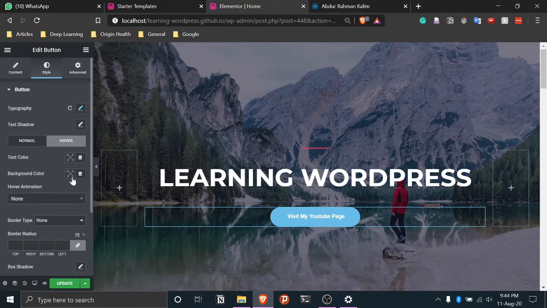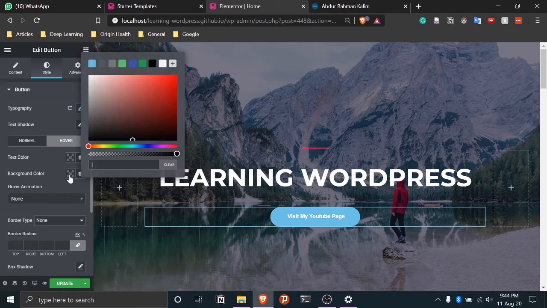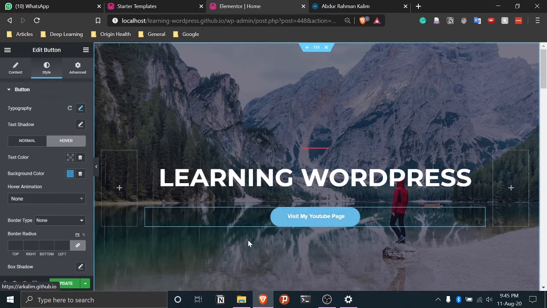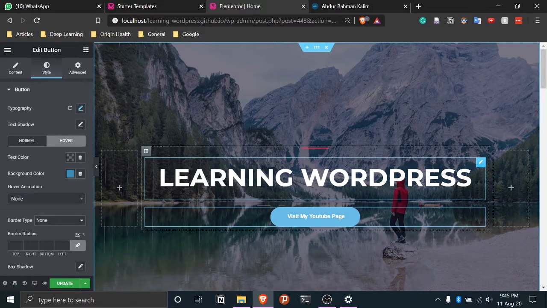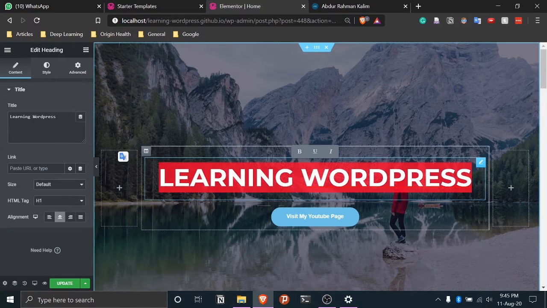Now if I go to hover, here the background color is none. If you want this button to change color when you bring the cursor over it, you can again modify it. So you can take blue. Let's say I want it to be a little darker when I bring the mouse over it. So I just drag it a bit towards this side so that the color becomes a little darker. And then if I bring the cursor over it, you can see the button changes color. Isn't that cool?